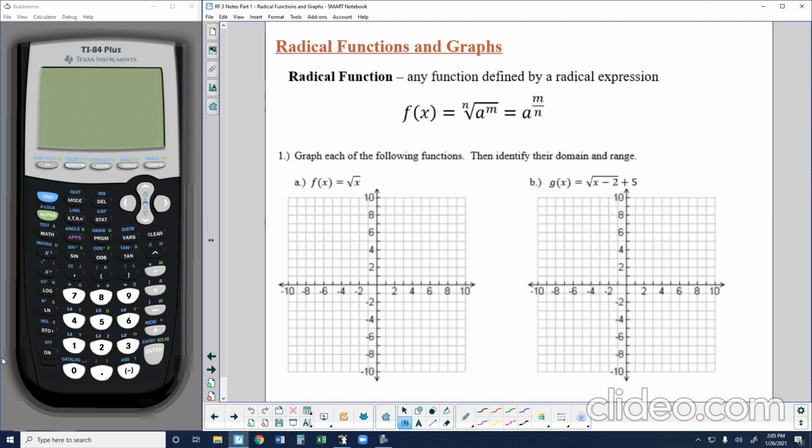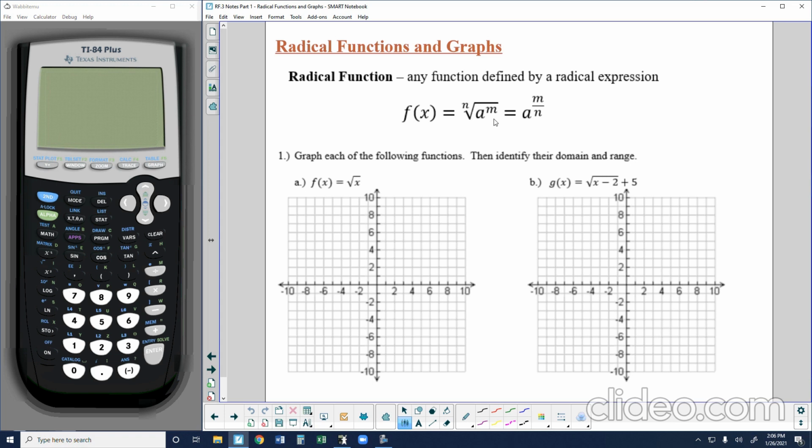First, let's go ahead and define a radical function. A radical function is any function defined by a radical expression. Breaking down that name kind of makes sense. We've been dealing with radical expressions, and I have an example of what a radical expression may be. So f of x would be a radical function if it is equal to the nth root of a to